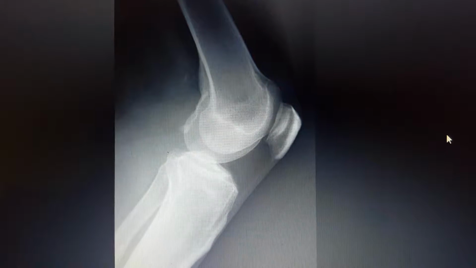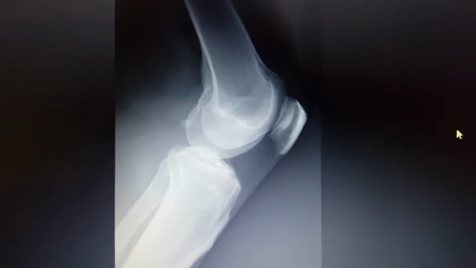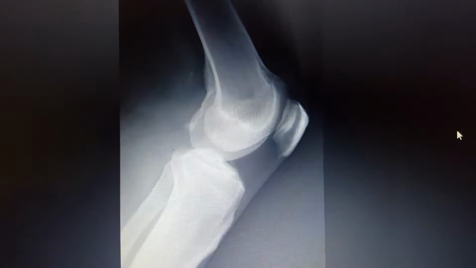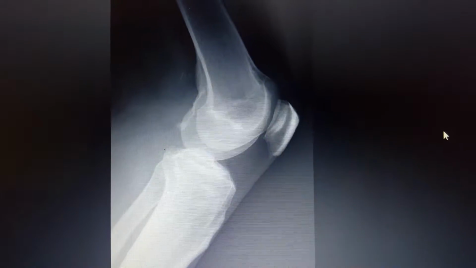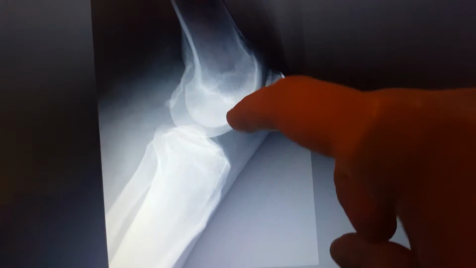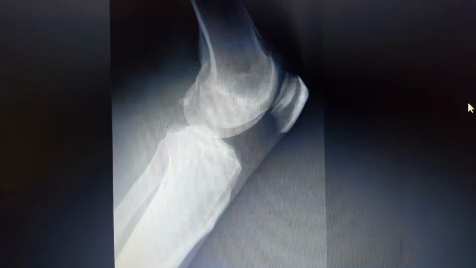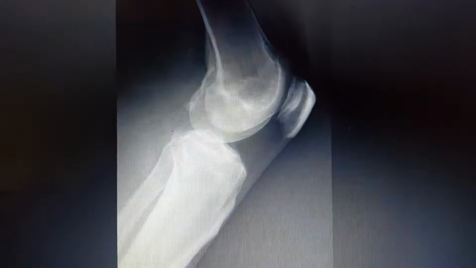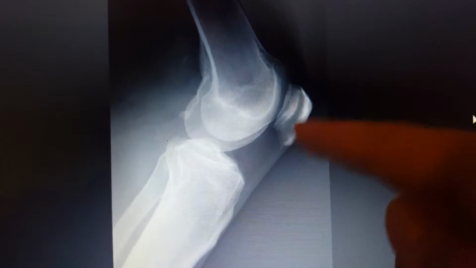Next, we're going to discuss the lateral knee image. So you want to have a marker in your image. Unlike this one, there's no marker shown. Then you want to check for the femoral condyle superimposition over each other. And in this image, you can see that they're not superimposed. You're going to look for the patella in a lateral profile